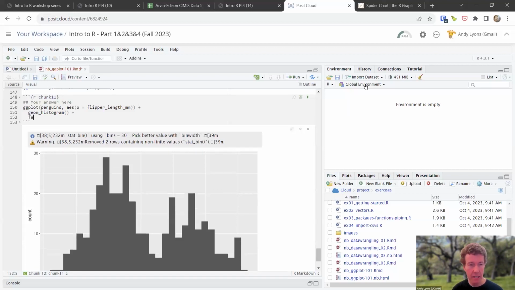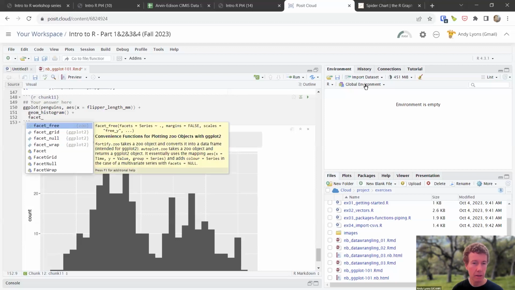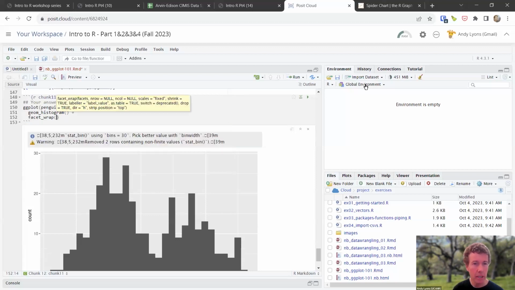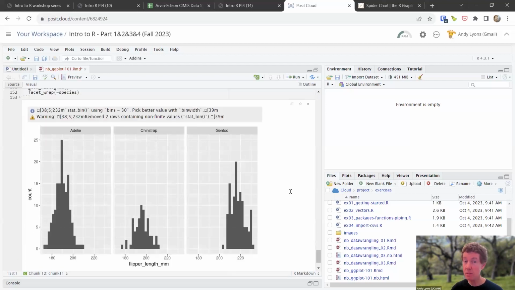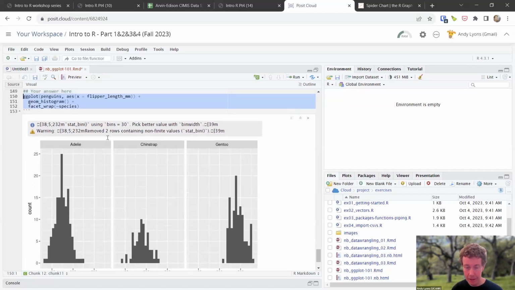So I can say facet wrap, and then put the tilde there. So that'll be three histograms side by side, and then the column species. Let's see if this works. Okay, so I have 3. So this is probably what I would do, right? Because it's easy to see them, and there's only 3 of them, so you can actually put your head around how the distributions